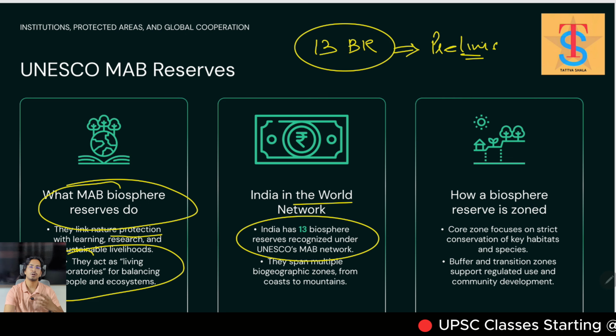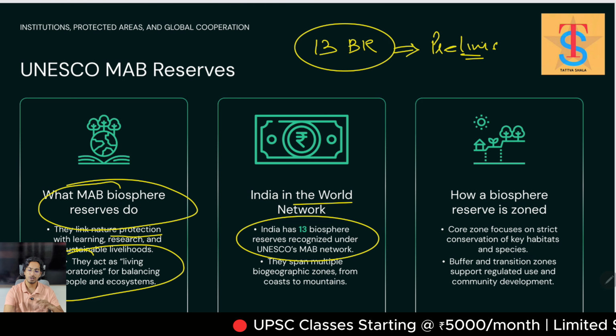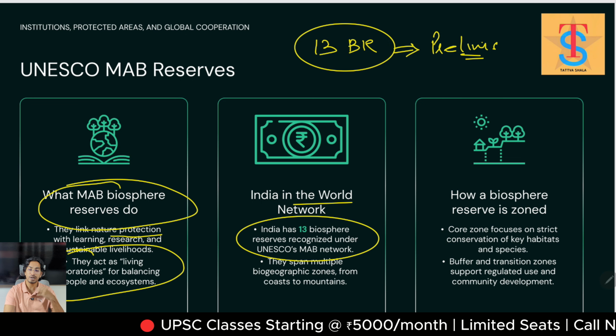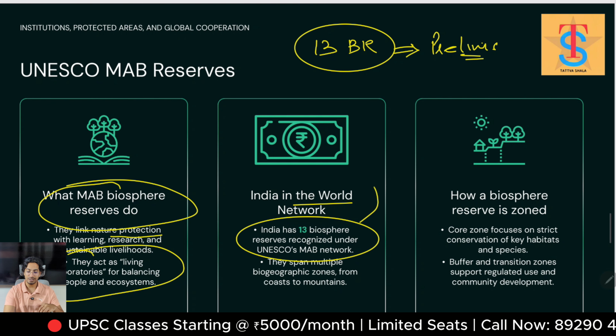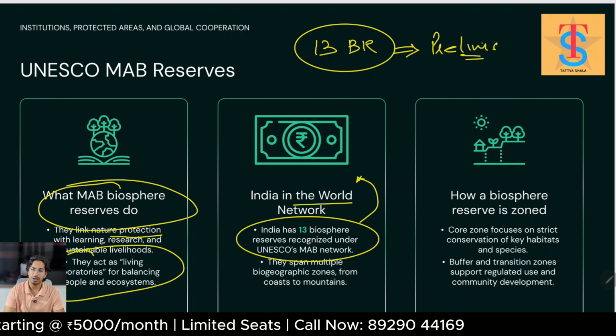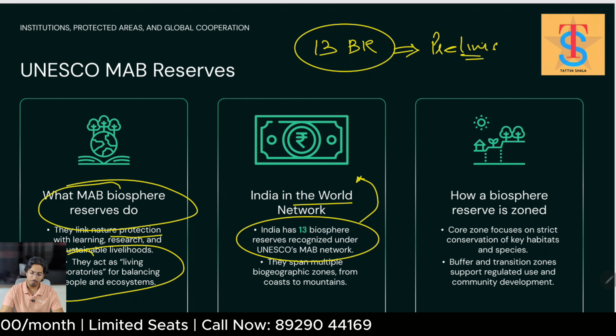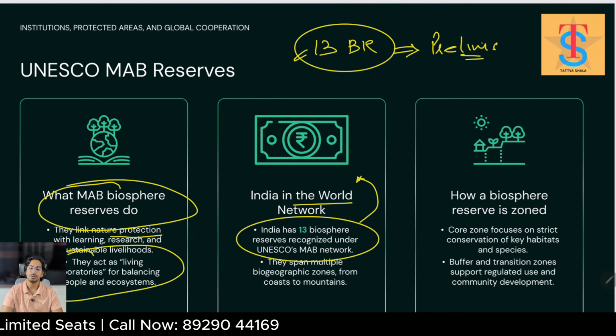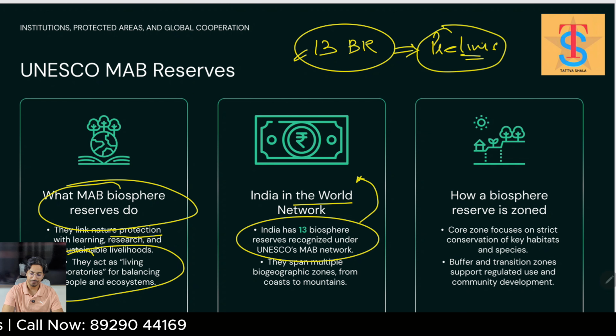I think there was one question on Agasthyamalai biosphere reserve, asking which national parks and wildlife sanctuaries it has. So you need to read all these 13 biosphere reserves. There are more, designated under UNESCO, I think around 18 or 20. I'm not sure right now. I think 18. But the 13, you need to understand which 13 these are. This can be asked directly in prelims.